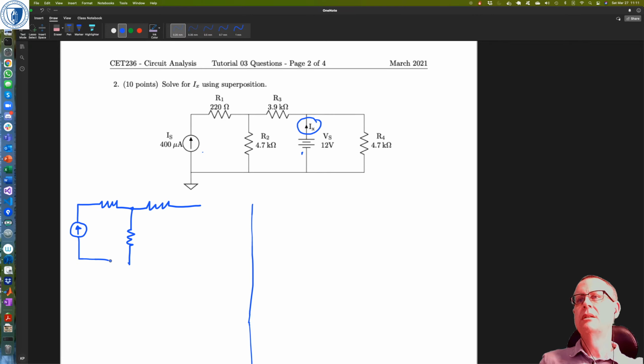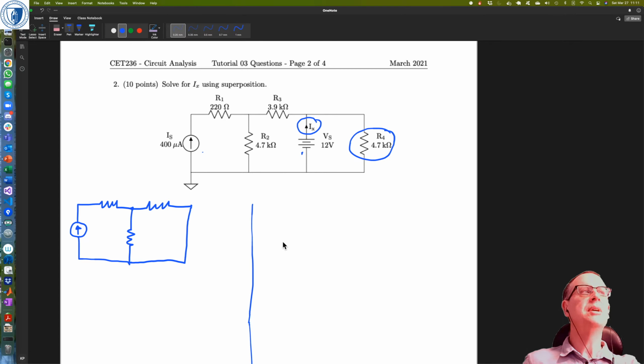Okay, and when I replace the voltage source with its ideal, again I just get a wire, and I'm just going to ignore R4, right, because it's completely shorted out,